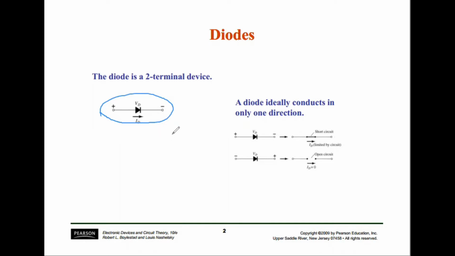the other direction when the polarity of the applied voltage is reversed. There is a separate term for this mechanism, which we will be doing later on. So when polarity is applied in one direction, it will be conducting like a short circuit, and when the polarity is reversed, it will completely block